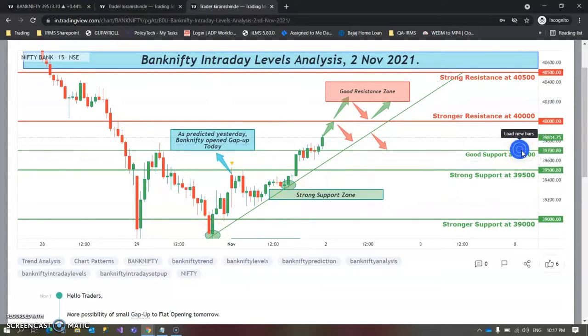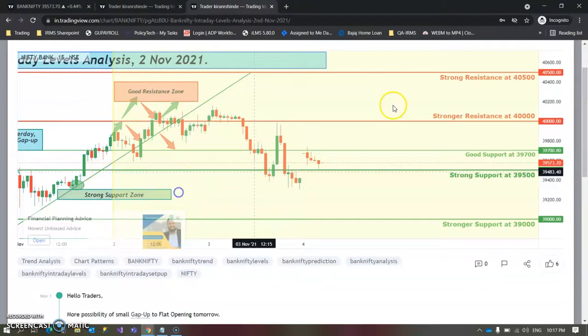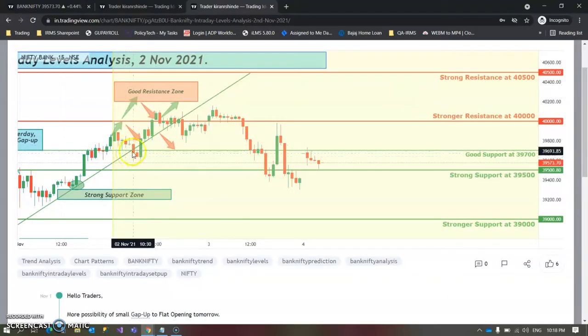Let us see what happened the next day. So when a market takes support of a trend line more than 2 times, then there is possibility that the support or resistance line may break. So we saw that market broke this support, it formed a second candle and it reversed again. So what happened at this particular point, we cannot call this a false breakout, but rather a strong support was present at this particular level.